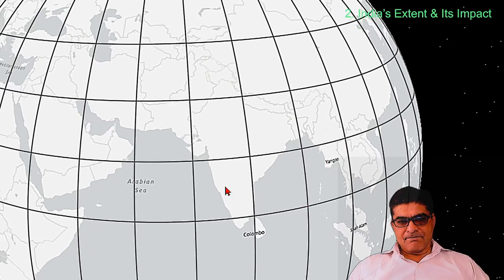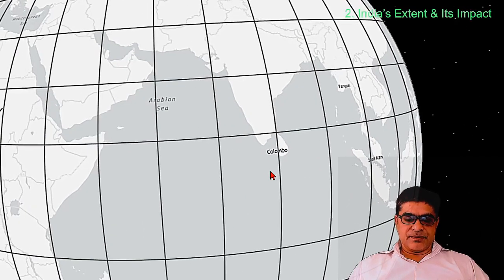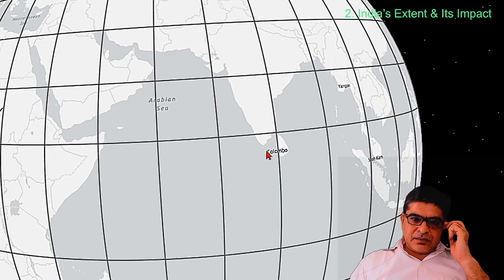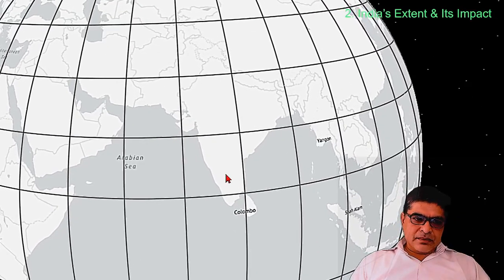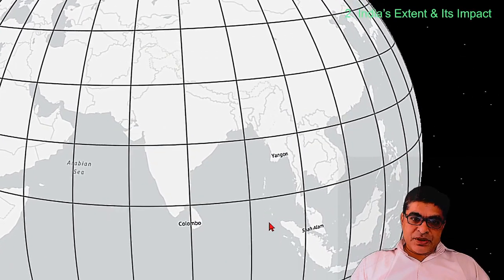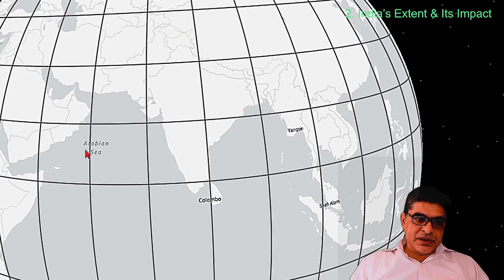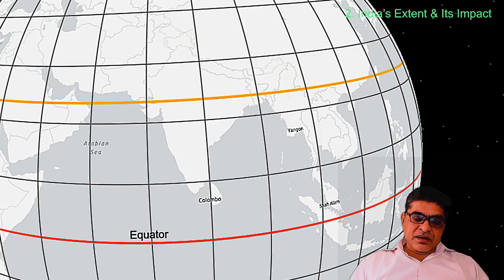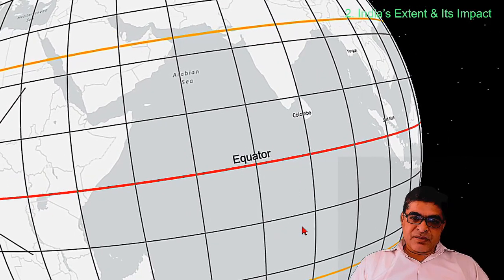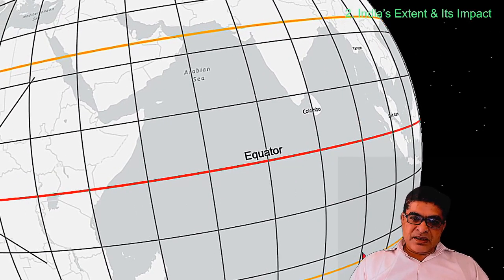Earth has its own shape, and a few prominent lines are very important to understand before I talk about the impact of latitude and longitude. These are the important lines. This is the Equator, this is the Tropic of Cancer, this is the Tropic of Capricorn. Why are these lines important? Look at the shape of the earth. Between these lines,